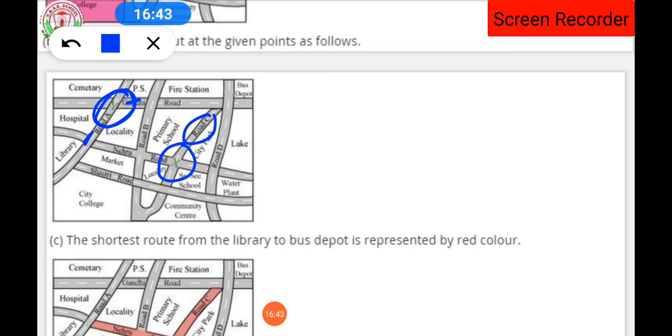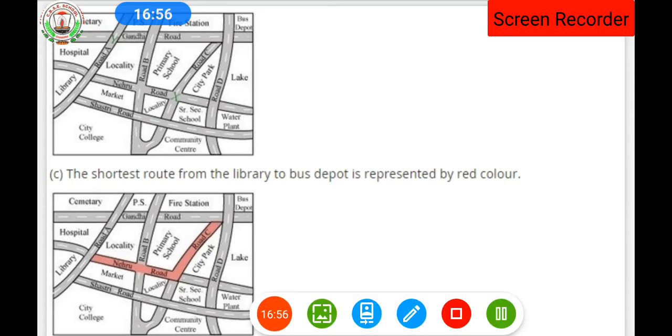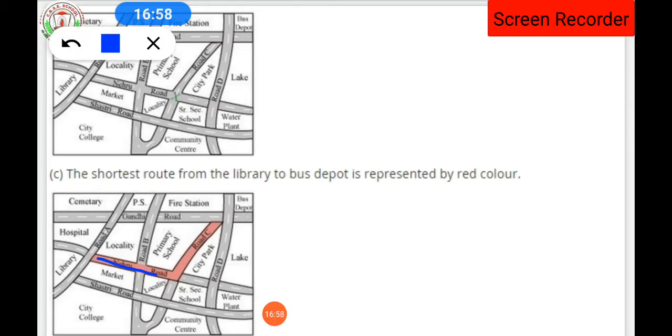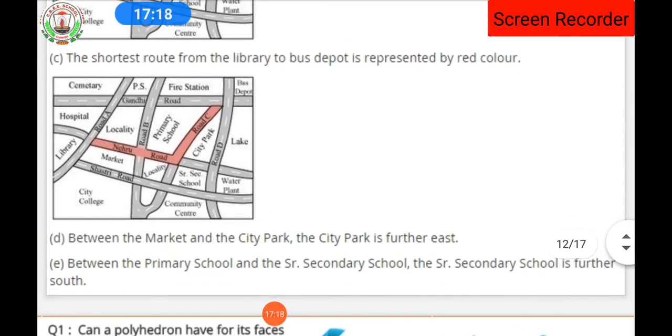Now in the C part of the question it is said that in red draw a short street route from the library to the bus depot. So in red, that means you have to mark that particular area with the red color. So here in the diagram it is colored with the red, okay. ये सारी चीज़ें जो तुम्हारा क्वेश्चन नंबर 1 में A B C D में, E तक पूछा गया है, वो सारी चीज़ें एक ही मैप है आपके बुक में, तो एक ही मैप में आपको मार्क करना है. ये समझाने के लिए अलग अलग मार्क करके दिया गया है, ठीक है.